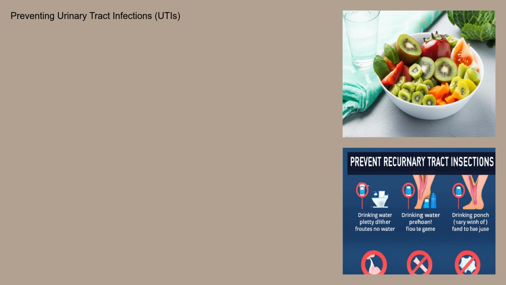Preventing UTIs involves several lifestyle modifications. These include drinking plenty of fluids to flush bacteria out of the urinary tract, urinating frequently and after sexual activity, wiping from front to back after using the toilet, and avoiding irritants such as scented feminine hygiene products. For women with recurrent UTIs, preventative measures may include cranberry juice or supplements, topical estrogen cream for postmenopausal women, and prophylactic antibiotics after sexual activity or on a daily basis. However, the use of prophylactic antibiotics should be carefully considered due to the risk of antibiotic resistance.